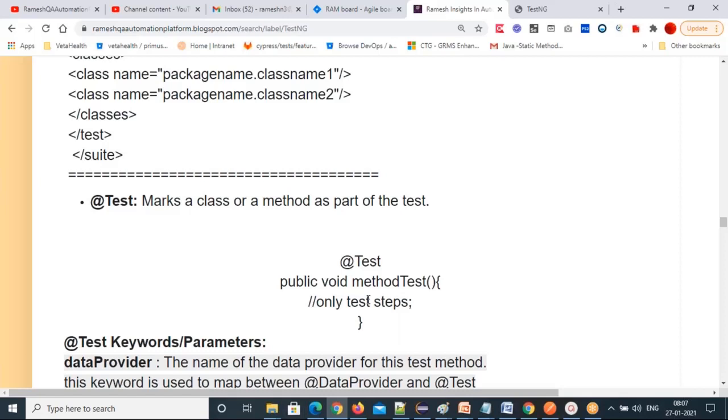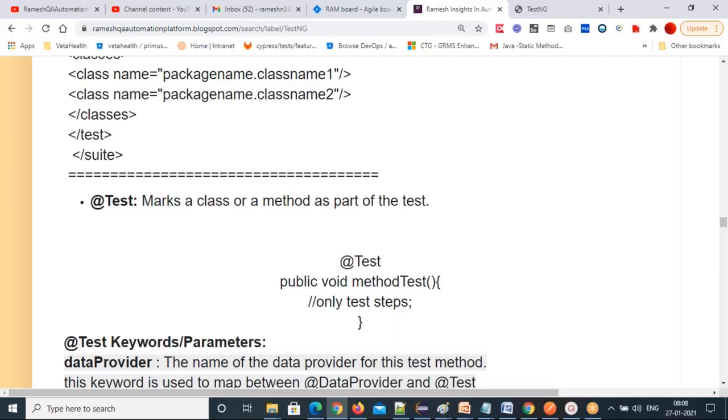To organize your code and to set preconditions for your test cases, you will use other annotations. The before annotations set up code to execute first, and after you complete your code execution, post actions you can do with the after annotations. Other than that, the test cases will be declared with this @test annotation.